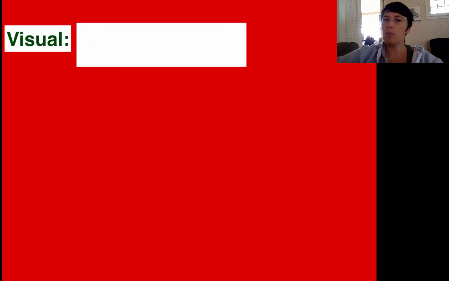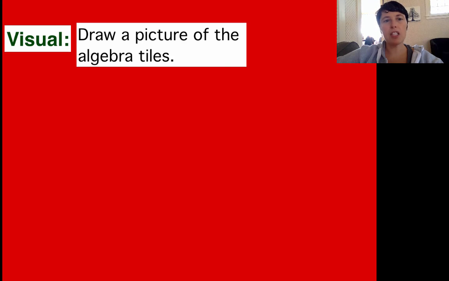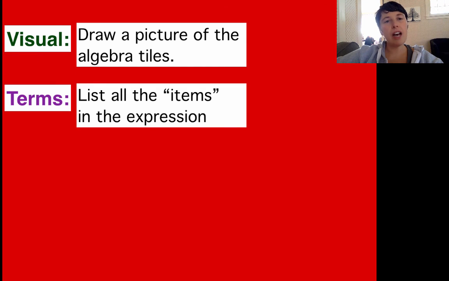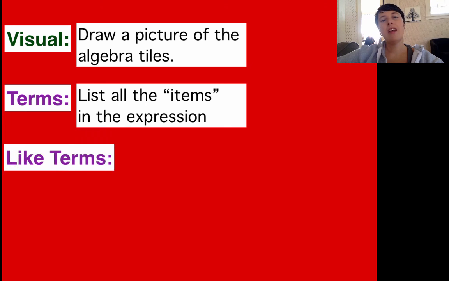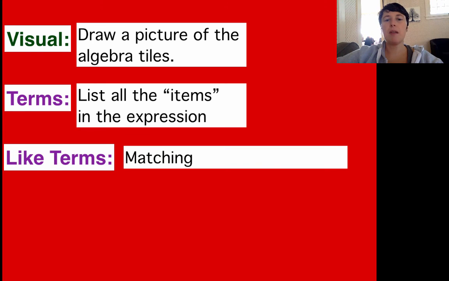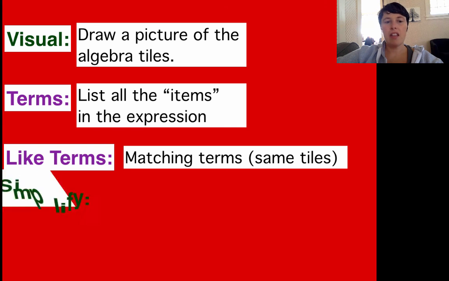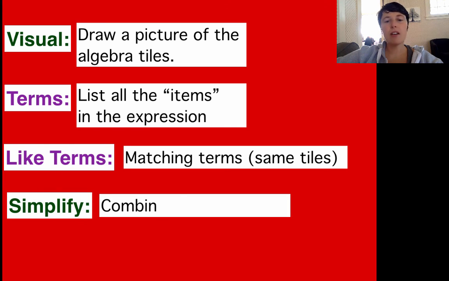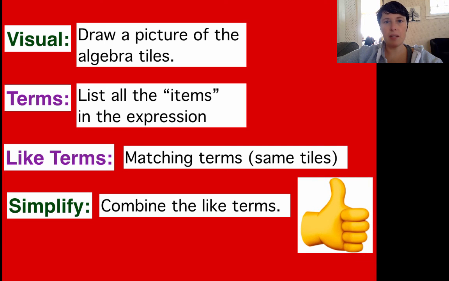Alright guys, so that's kind of wrapping it up for this video. Big takeaway here is if you have an expression, you can draw a picture with algebra tiles to be your visual. The terms is like a big list of items in the expression. The like terms are the ones that match up. The matching terms, they're like the same algebra tiles. And then when you go to simplify, it's all about combining the like terms and getting rid of the zero pairs. So we're definitely going to practice in class, but I hope you were able to take some ideas away from this video,